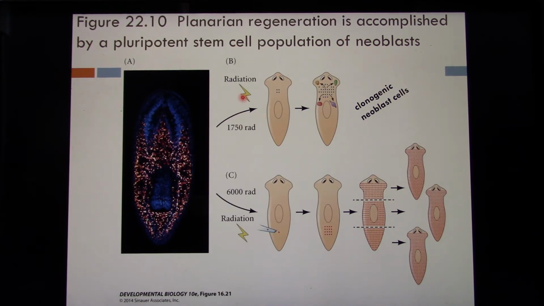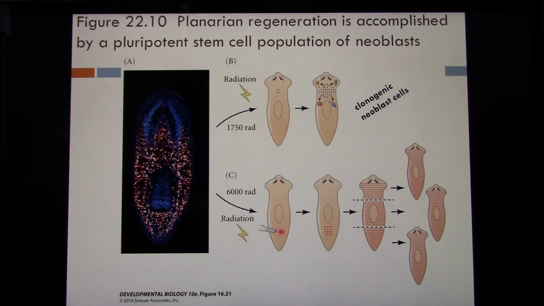Now what you can do is radiate. Expose this poor thing to radiation. If you give it a low dose of radiation, 1,750 rads, you can eliminate most of their clonogenic neoblast cells, but not all of them. And as long as you have at least one left, the organism is capable of regenerating all these different cell types. However, if you give it a higher dose of radiation, 6,000 rad, then in order for regeneration to occur,